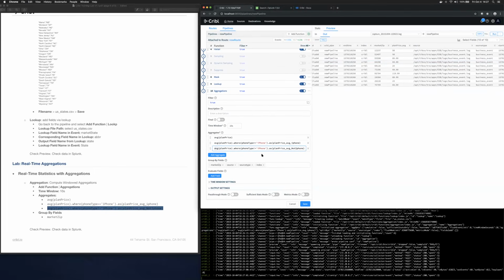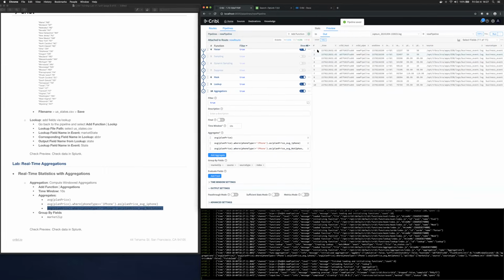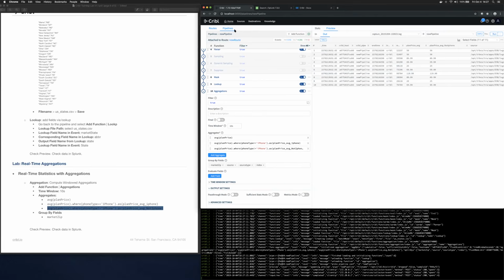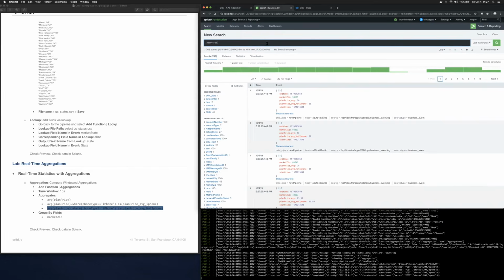Average plan price, font type not iPhone. Okay, that looks a little better. Okay, save. Yeah, the reason we're seeing it here is that none of these captures that we have included font type iPhone. But yeah, so we should start seeing it as that, right? And if I go back here and wait a minute or so, we should start seeing events with